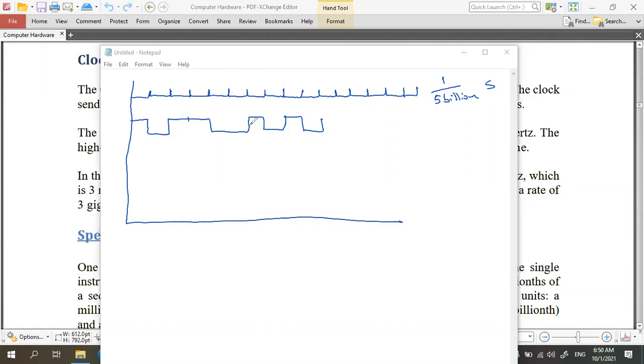See. So here 1, 0, 1, 1, 0, 0, 1, 0, 1, 0, like that. So the speed of transmitting these digital values depends on the duration between two clock pulses.